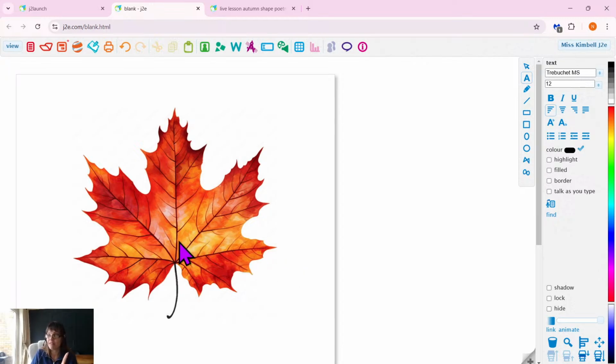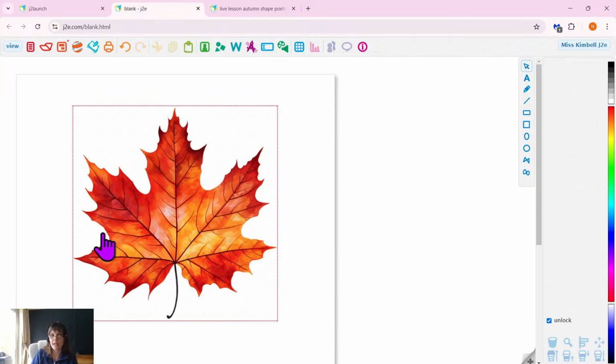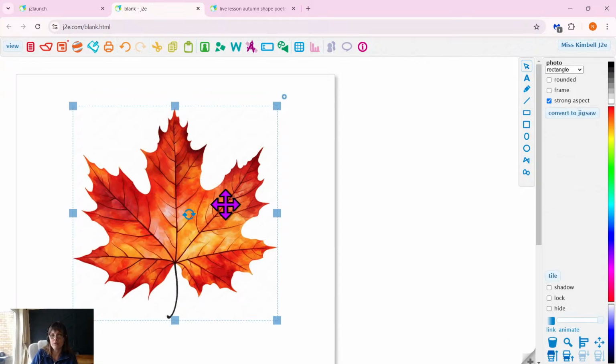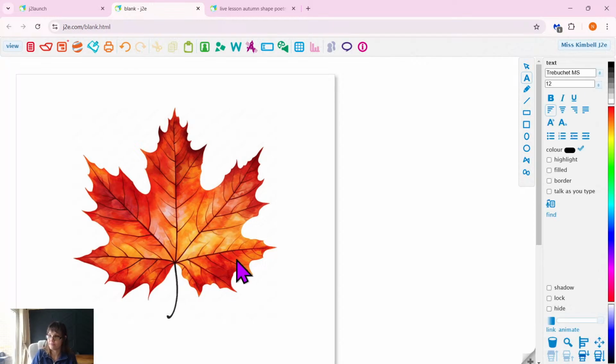Now, don't worry if you've put it in the wrong position and you need to move it. All you have to do to be able to unlock this image is to double click, so click twice fast, and then can you see that unlock box appears? You can tick that and then you can click on your leaf so that it can move. Okay, so that's how you can unlock it as well. But I'm going to lock that, so I'm going to make sure that is locked to my page. Okay, so that is our leaf, our outline, and we're going to add in our poem words around the outside of our leaf. So what I'm going to do is I am going to add in,